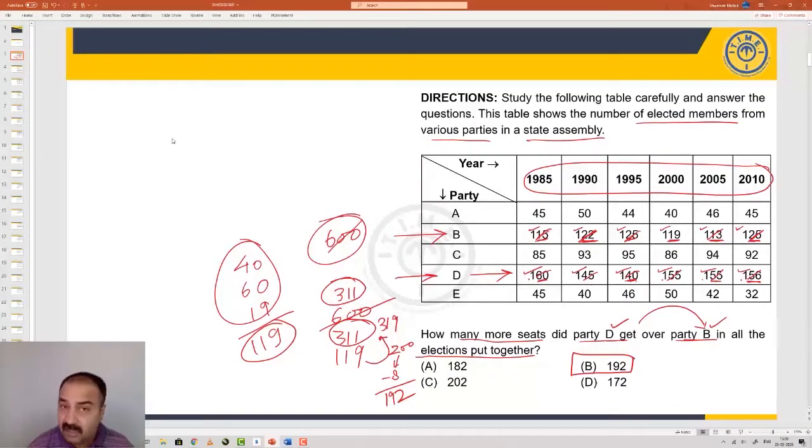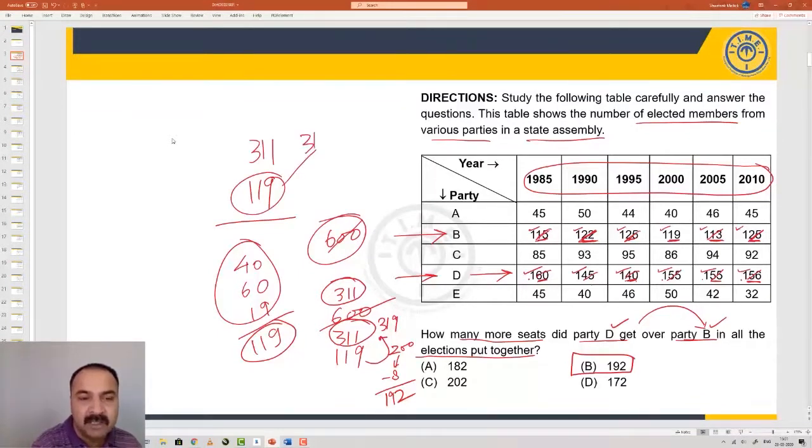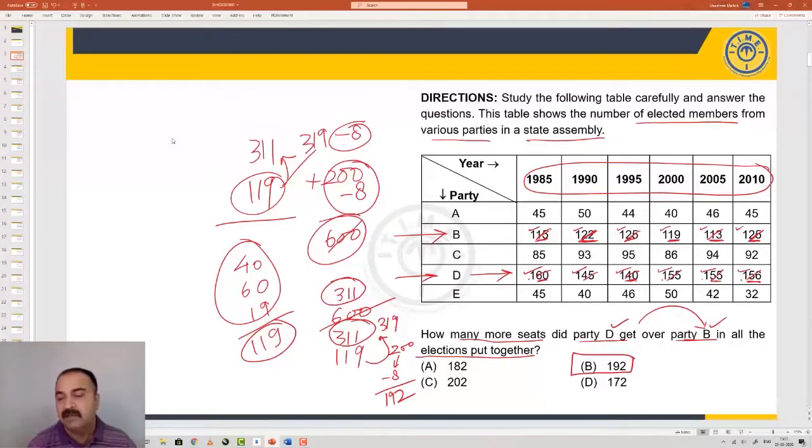When we got to the stage of subtraction, where we got 311 and 119, we did not spend time in writing them one above the other and looking at a carry over and then subtraction. We straight away said 119 to 319 would have meant 200, a growth of 200. But 119 to 311 means you are not going to 319, but you are going 8 less. So the growth also would be 8 less. And that is how we arrived at a number 192.